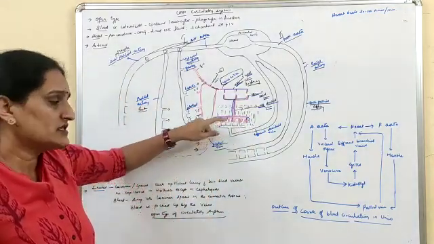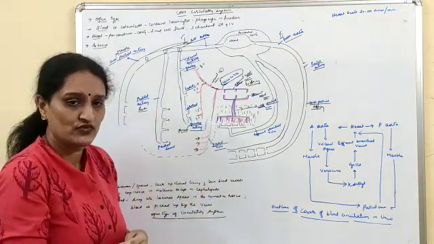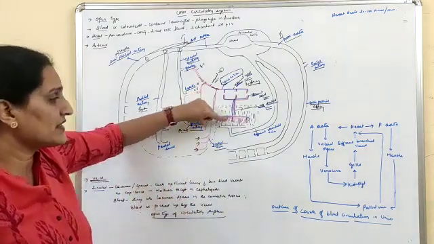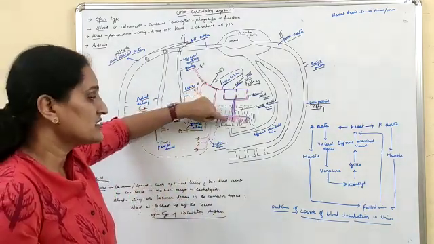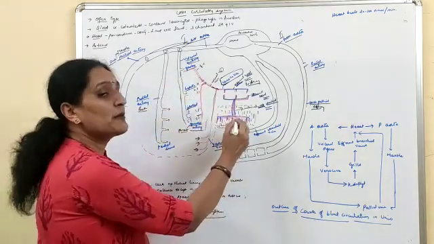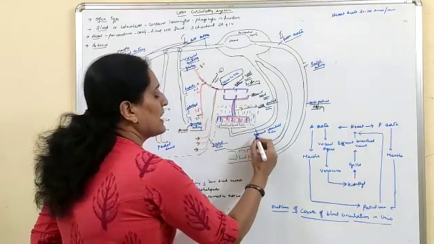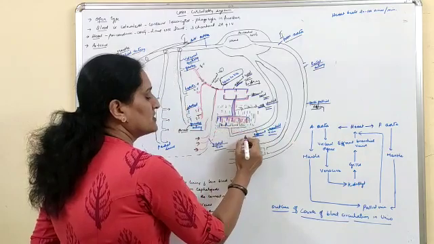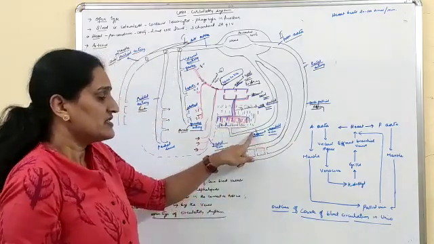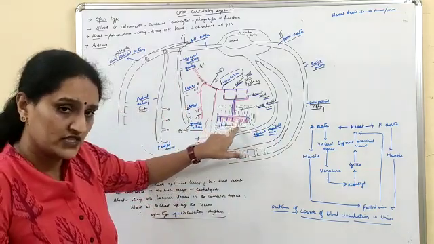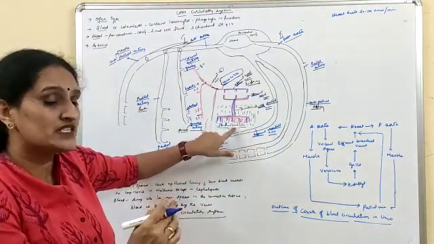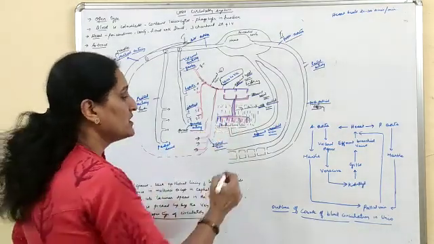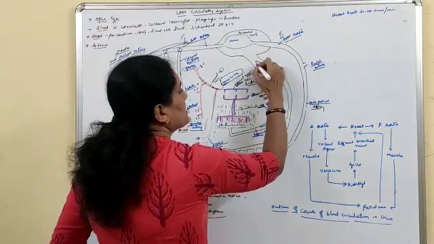Now in gills what happens? You come across the exchange of gases. Carbon dioxide is given out, oxygen is picked up from this circulating water, and the blood gets oxygenated, and this oxygenated blood from the gills is picked up by the efferent tenoidal vein. Right? Here this efferent tenoidal vein picks up the blood from the gills. What kind of blood is it picking up? It is picking up the oxygenated blood from the gills or the tenoidia, and this pours this oxygenated blood into